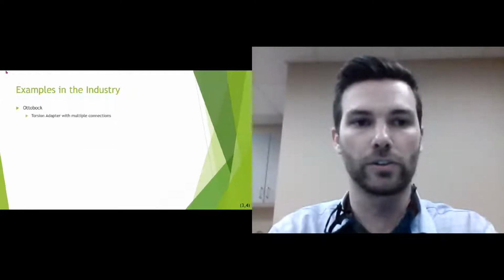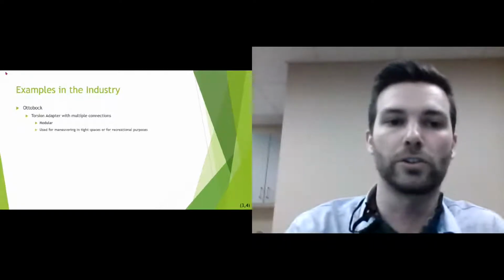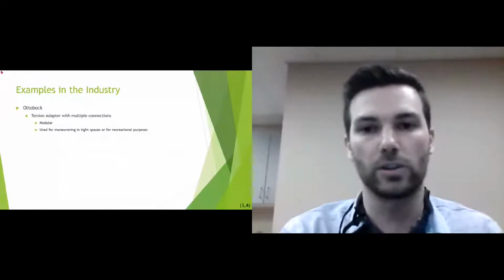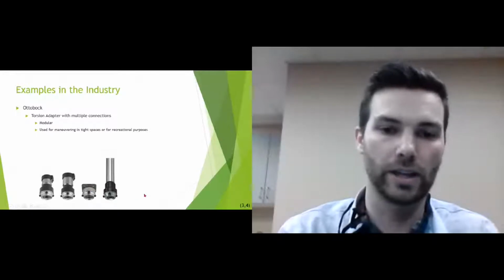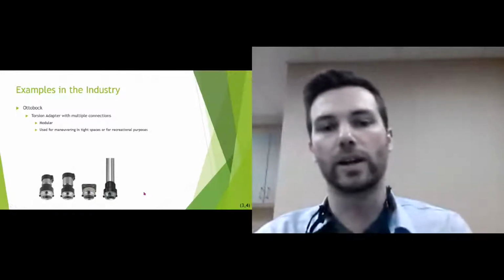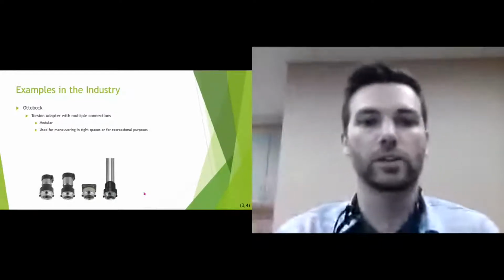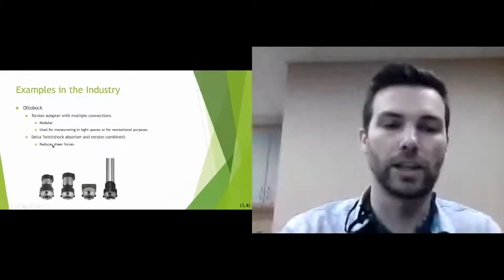So some examples in the industry. The Autobach version of the torsion adapter with multiple connections, it's modular. It's used for maneuvering in tight spaces or for recreational purposes. And here's a picture of it here. So this is one of the more common torsion units. It's very simple. It just does the torsion motion in the transverse plane,